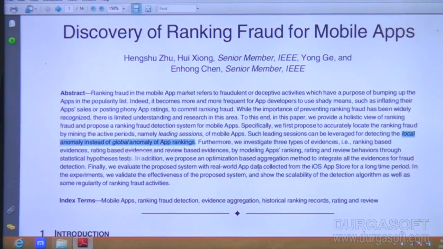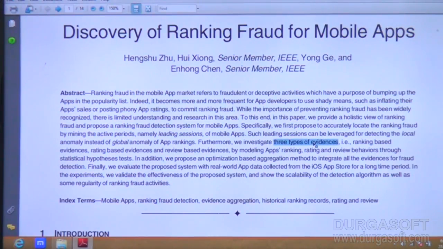Before rating any mobile application, we have to compare the global anomaly details and the local anomaly details. If a mobile app has the same rating in both local and global, then I can take that app as good or best, and it is going in a genuine manner. Or if somewhere we are having issues, then I can easily identify whether it is a local anomaly or a global anomaly issue.